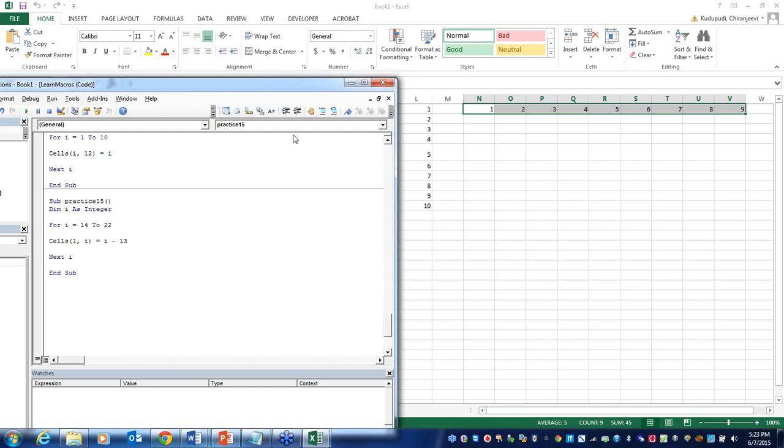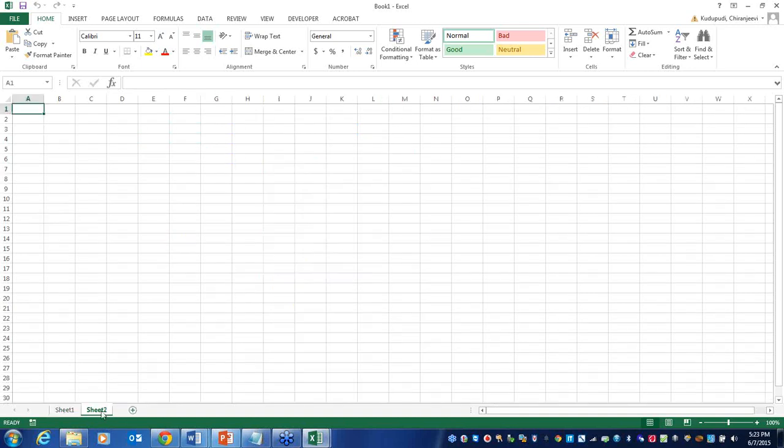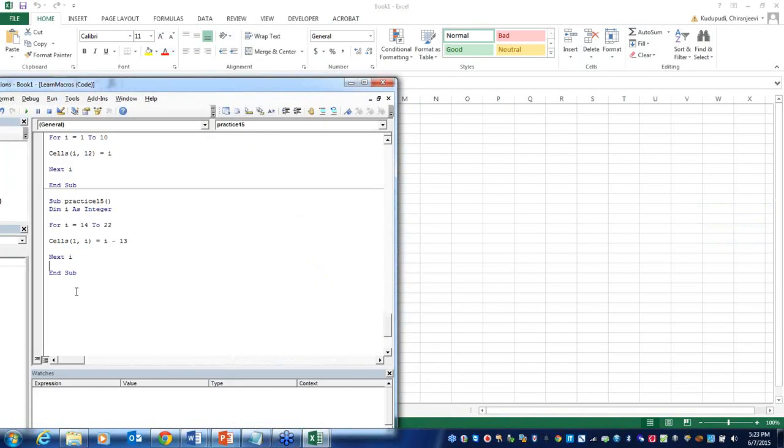And how to do crossing, like here 1, 2, 3, 4, 5, 6, 7. So I want to make the serial numbers crosswise. For example, I am adding one more sheet, and here I want to implement that. Sub practice 16